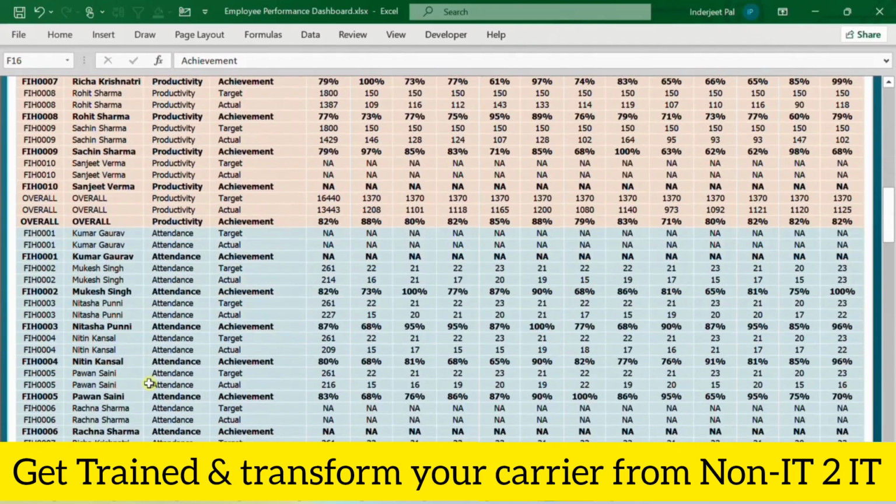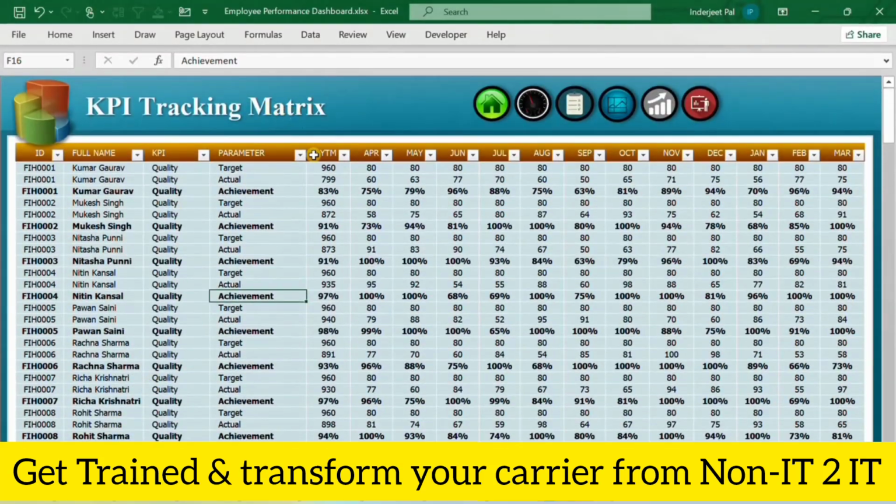So this is the sheet where you can manually put in the numbers over here, or if you want to get reference from another file, you can simply use the VLOOKUP formula or index match formula to populate these numbers. Let us suppose you have put in the data over here, then you are all set with this dashboard. So this dashboard is ready to use for you. You can use it anywhere in your business, in your company, in your organization.